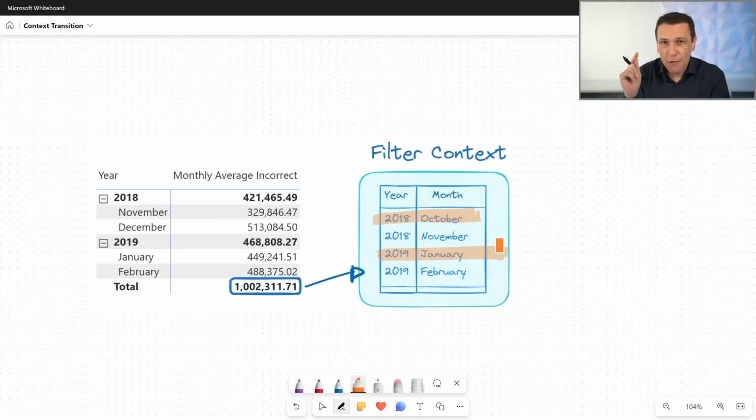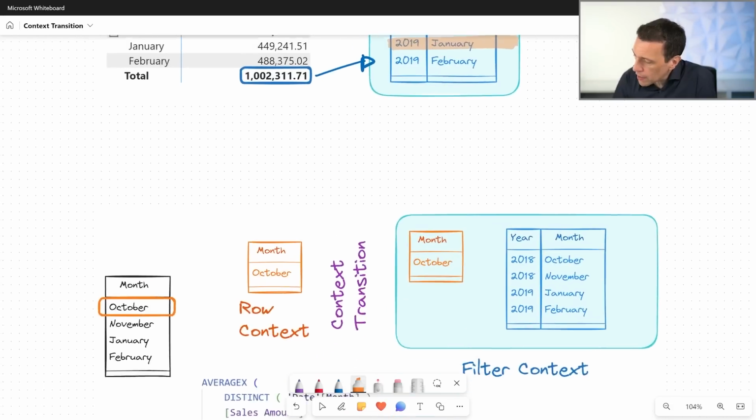Yes, I know. If we used a column that had both year and month, it would have been simpler. But again, for educational purposes, we're going to see what happens when we don't have that situation and we have to combine 2 different columns in a more complex filter. So in this filter context, what happens? Well, our calculation